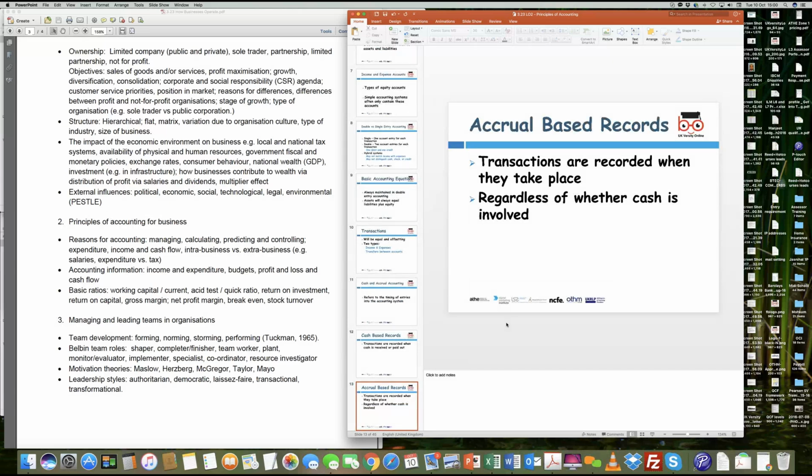Okay. Now, transactions have to be recorded. Why do you think transactions have to be recorded? Just in case money goes missing. That is correct. So just in case money goes missing, you have to record